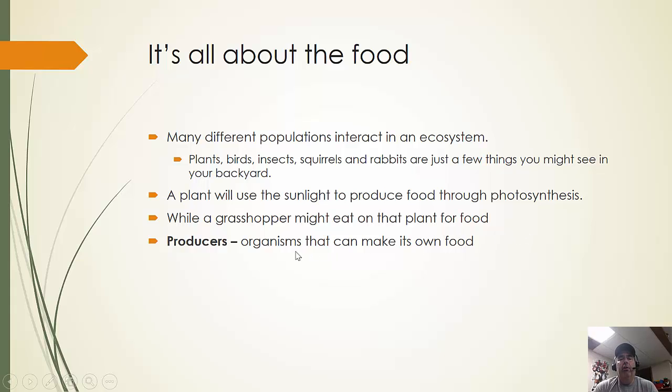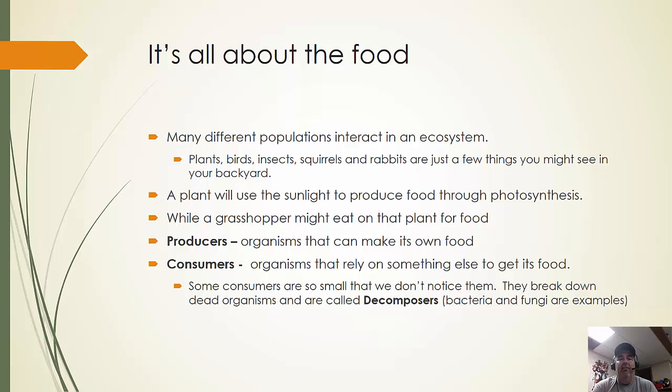Producers are any living organism that is able to produce its own food. Things like the grasshopper are classified as consumers: organisms that rely on something else to get their food, like I said before in some of the previous videos. The cow's going to be eating the grass. The grass is going to be the producer, but the consumer is going to end up being the cow. I know it says relying on something else to get its food. We could talk about a tiger or a lion hunting another animal.